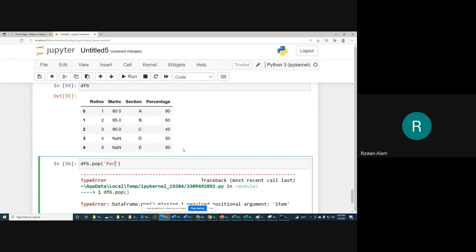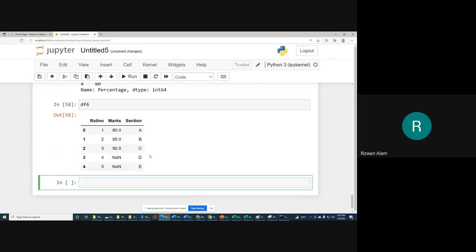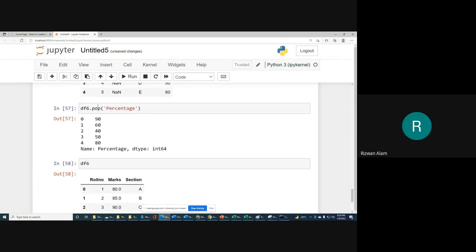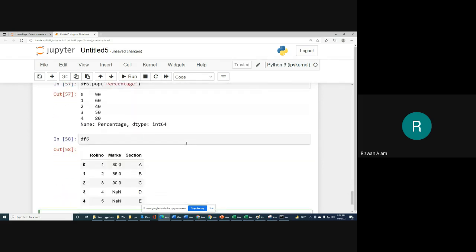For example, if we want to remove percentage, then this percentage will be removed. If you look at df6, you will see that percentage has been removed. So you can use pop also, otherwise we can use the del operator.